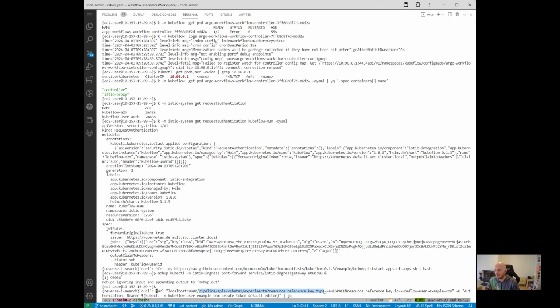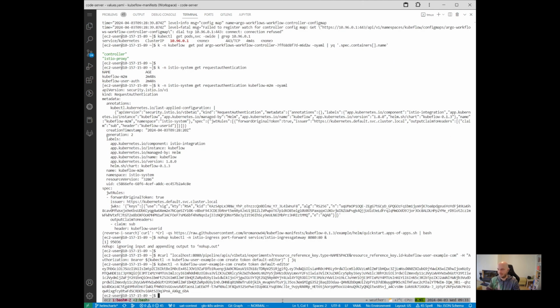First, we are using the pipeline API in version v1beta1, and we are trying to list the experiments, filtering through the namespace, and the namespace name is this one. We are also adding the header. The header key is authorization, and the header value is bearer and the token. So if we execute just this part,